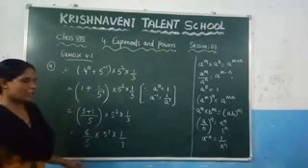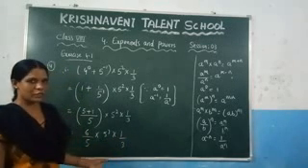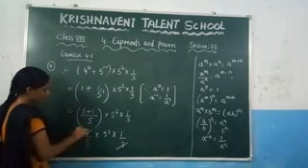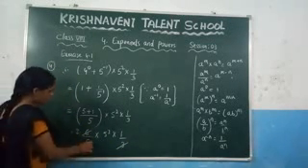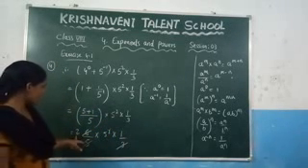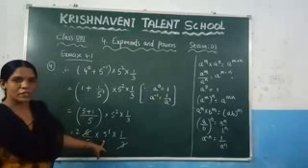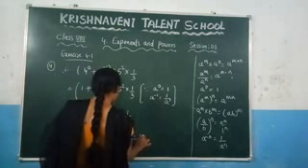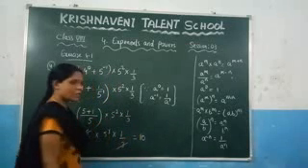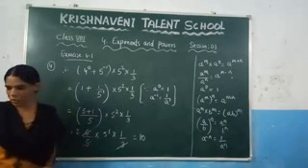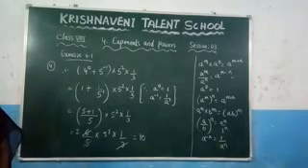Now just check in which table these all values will get cancelled. Here in the 3 table, 3 ones are 3, 3 twos are 6. And since here 5 is there, 1 5 and 1 5 will get cancelled. And what is left out here? 2 into 5. So what is the value of 2 into 5, which gives you 10. So what is the answer of this one? Which is nothing but 10. So like this you need to solve the problem. Now see the next question in this.